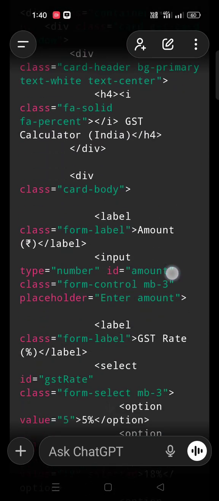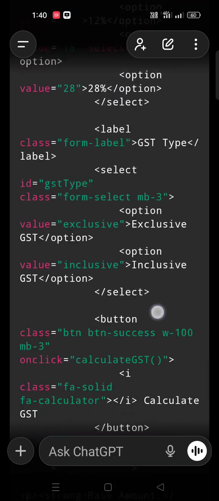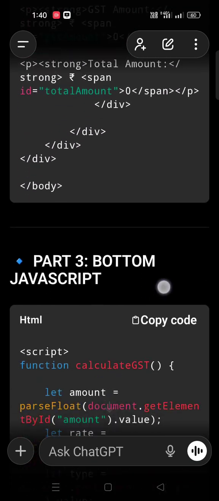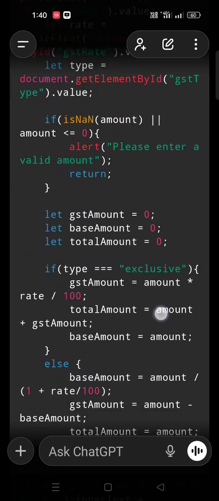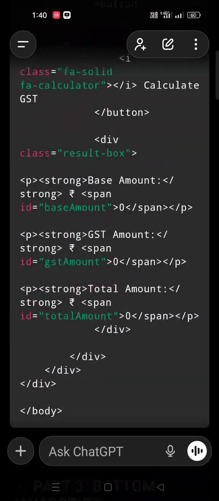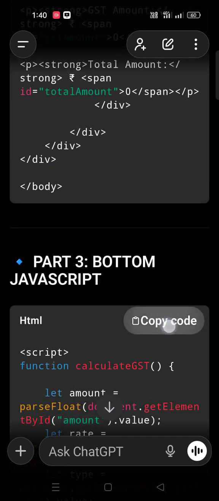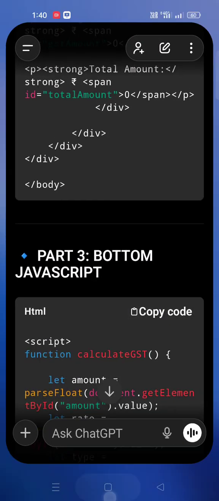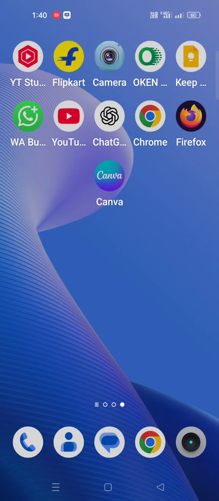And after the body section, we need to copy the bottom JS script. This is the script of the calculator. I will copy this. Now go back to the Chrome browser.